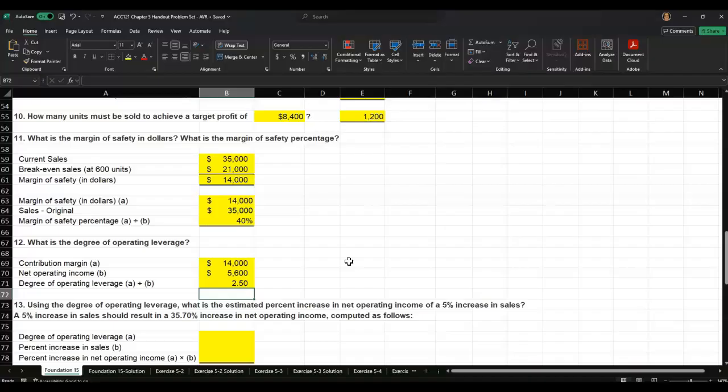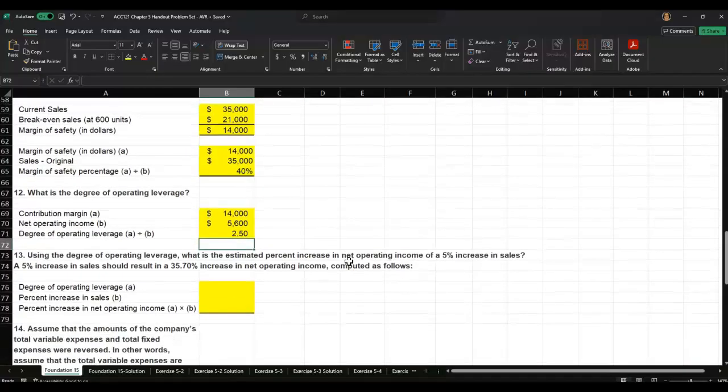So this operating leverage item just gives us the ability to quickly take some numbers and figure out, okay, if contribution margin goes up by X amount, what's going to be the effect on the net operating income, or vice versa? Now, I would imagine that this whole degree of operating leverage,